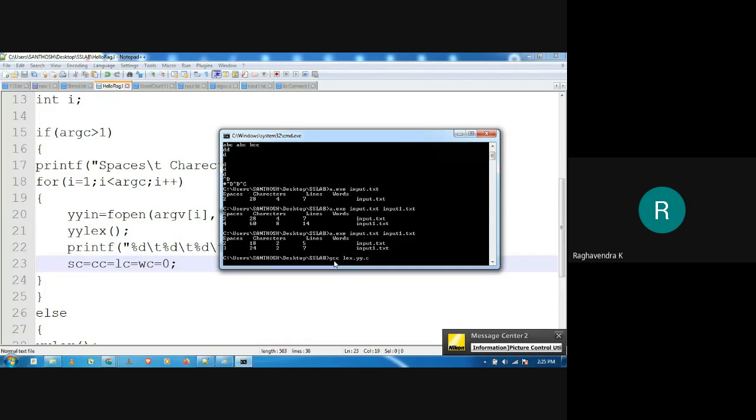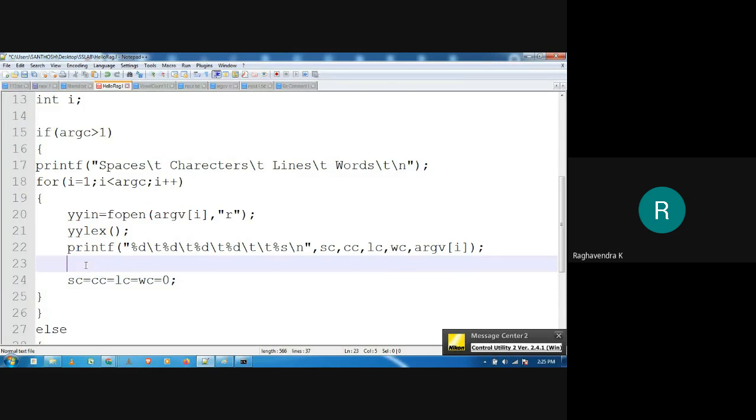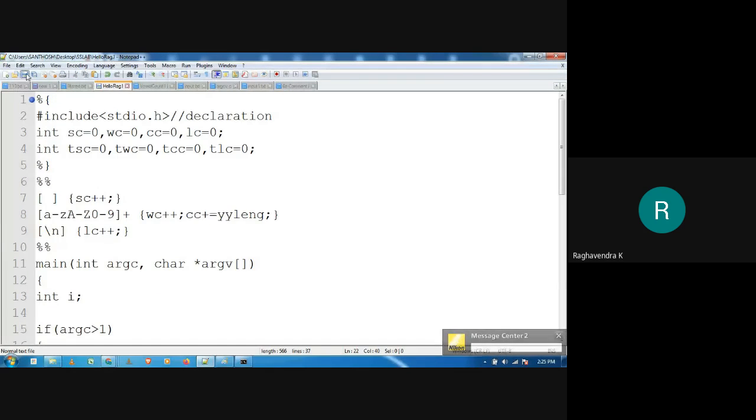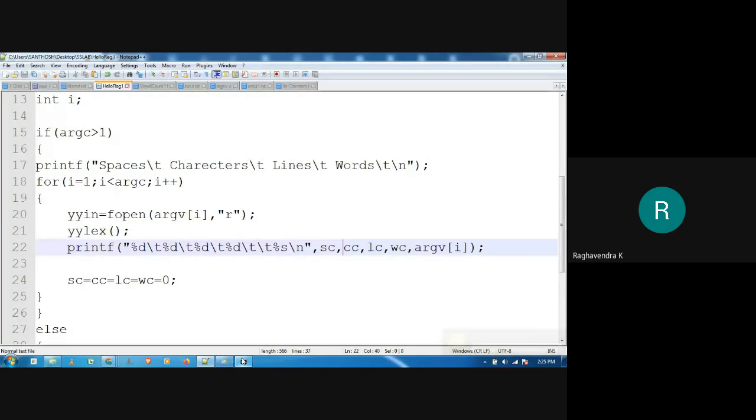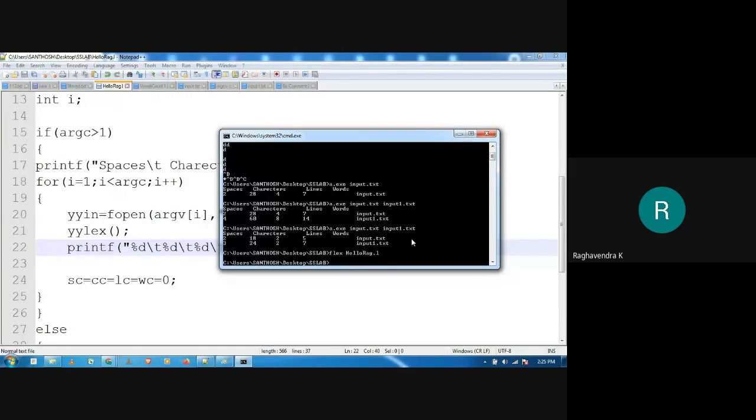But before making that change I was talking about earlier, you need to add the values of space count, character count, line count and W count to their respective total counts. Okay, so this is the change, and then finally you can print the total anywhere you want. Of course, after the for loop you can print it. Let me show you now whether the change has been reflected.